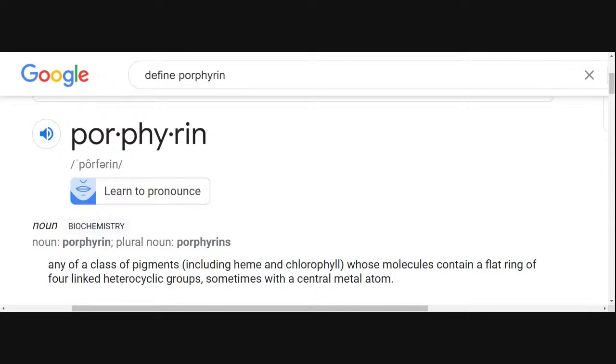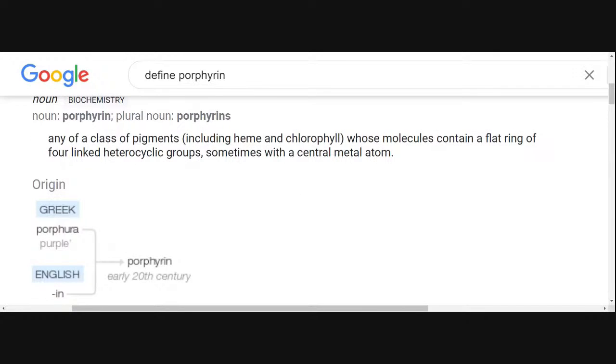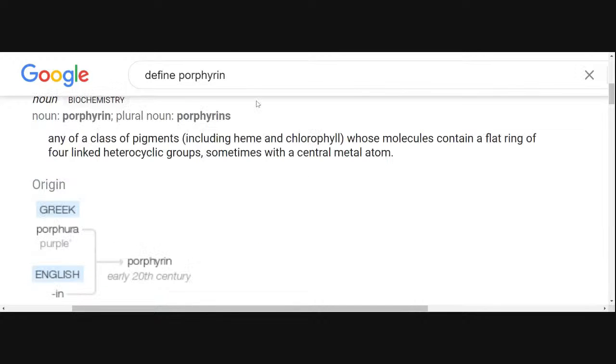So if y'all ain't paying attention, you got metal in your atom. Everybody has metals in them. So there's metal in the middle of your atom. And basically, it says sometimes pigments can have metal in them. All right? That's basically what it's saying. So in the origin, it's saying that it means purple. Everybody knows purple is significant with royalty. Okay? So now,